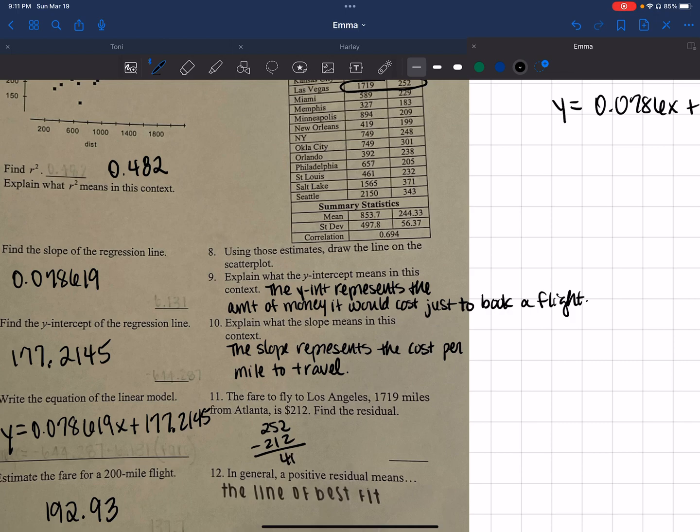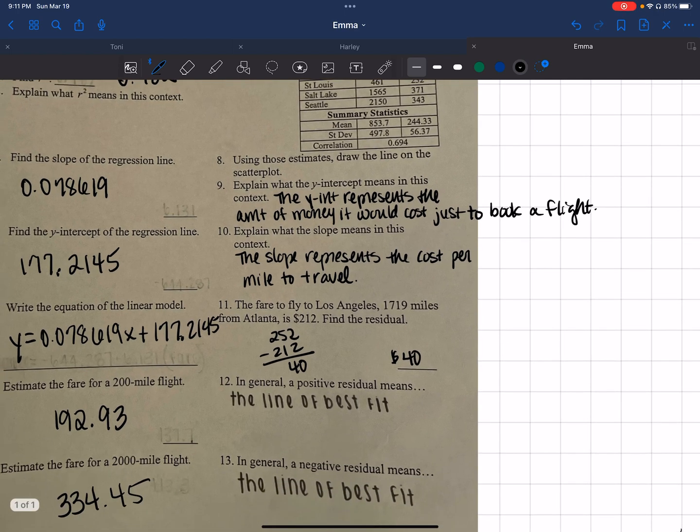The residual is what? So that's going to be the 252 minus the 212. Okay, so that's going to give me 40. It's $40 off. Okay. $40 is the residual. In general, a positive residual means